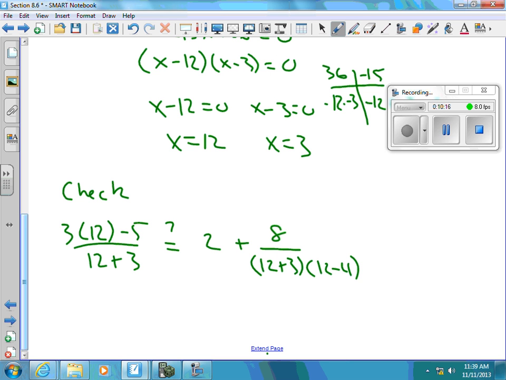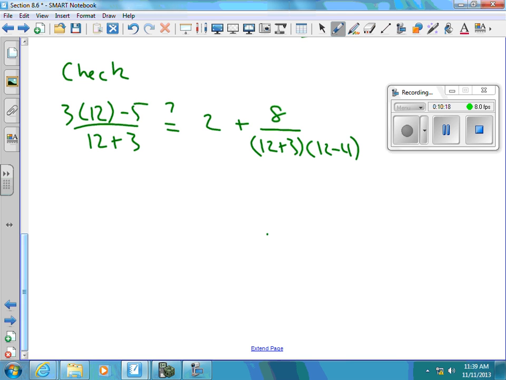So we're going to simplify this and see if both sides equal each other. We get 36 minus 5, which is 31, over 12 plus 3, which is 15. Over here we get 8 over 12 plus 3, which is 15,